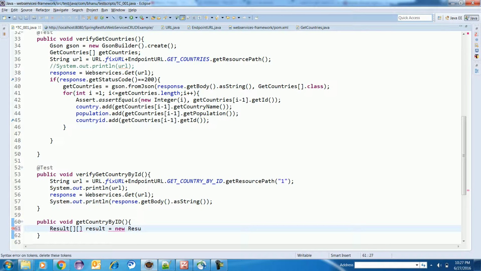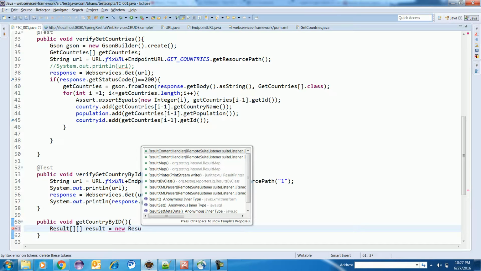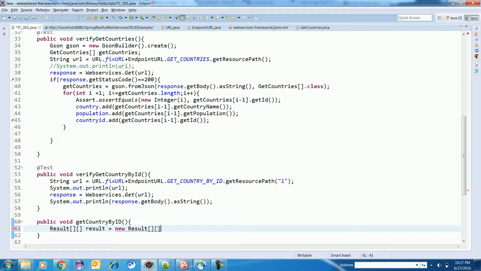I'm creating a 2-dimensional array, right?